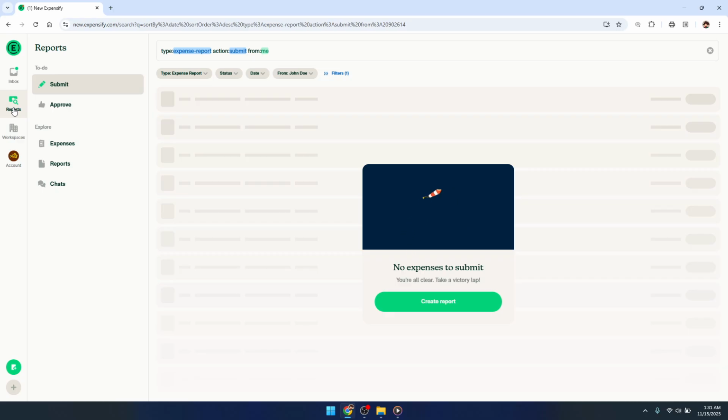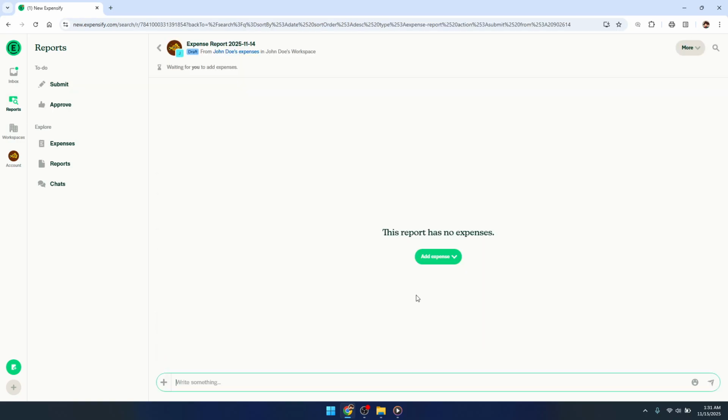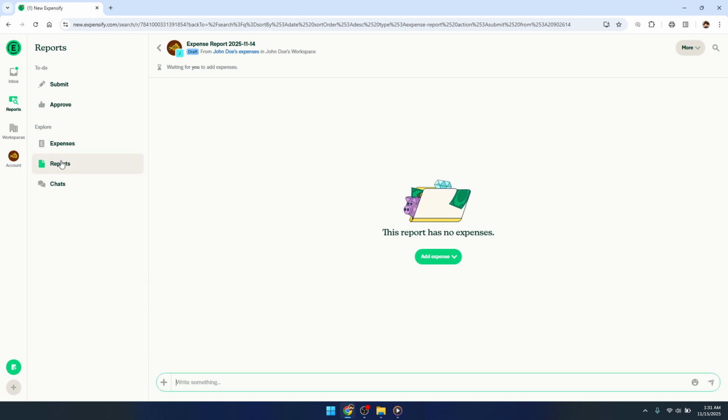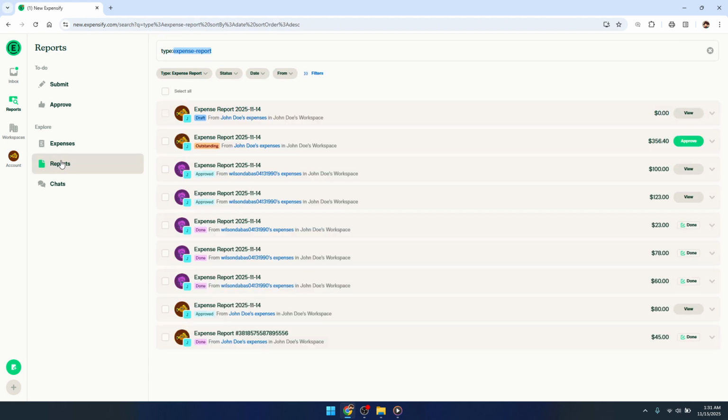creating new ones. Once you're in the Reports section, direct your gaze to the upper right-hand corner of the screen. Here, you'll spot a button that says New Report. Click on it. This action will initiate the process of crafting a new report tailored to your specific needs. It's worth noting that this feature is designed with user-friendliness in mind, ensuring that your experience is as smooth as